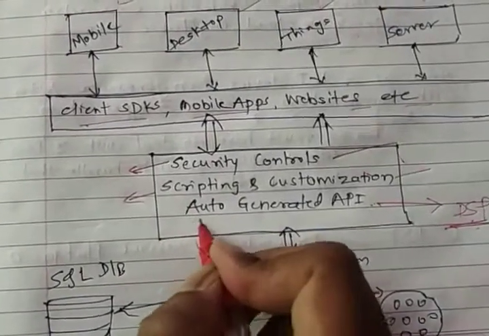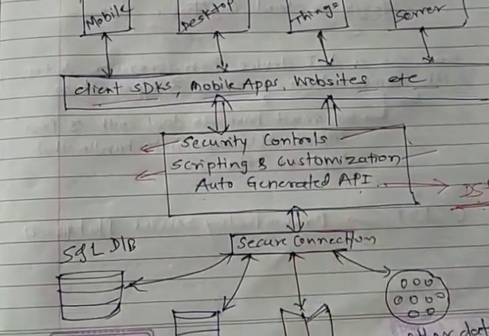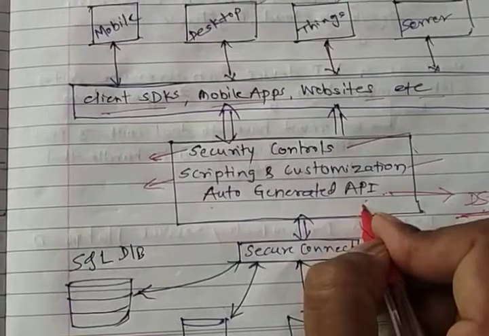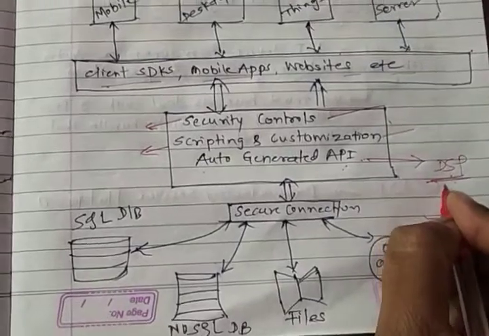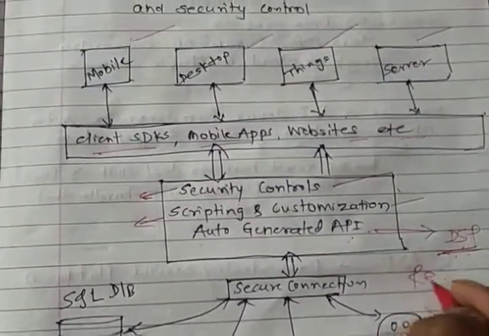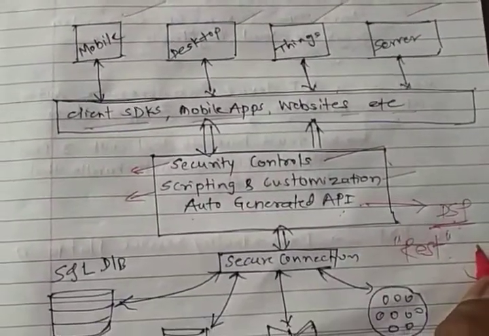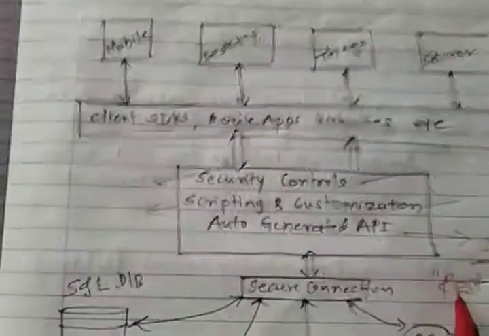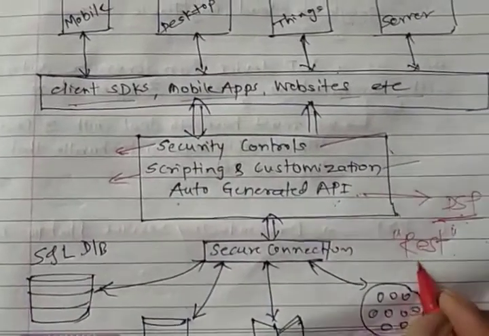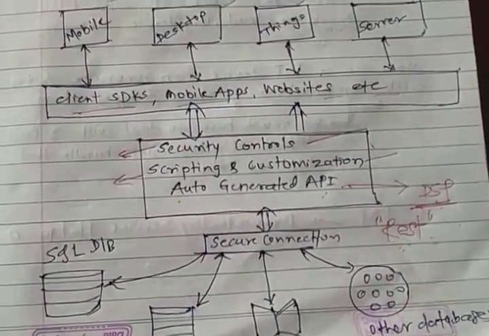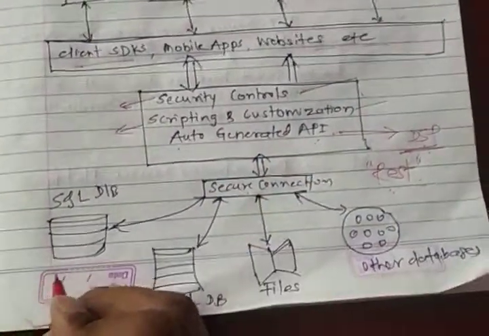And the third major important thing is that it will generate the APIs required to store the data on the client platform, meaning on the client database as well as on the cloud database, right? In the previous lecture we saw that it generates the REST APIs, most importantly, to store the data on the local platform as well as on the cloud, right? So it automatically generates this REST API. REST is nothing but Representational State Transfer, right? We have learned it. Now it will provide the connection between these services and the various databases.